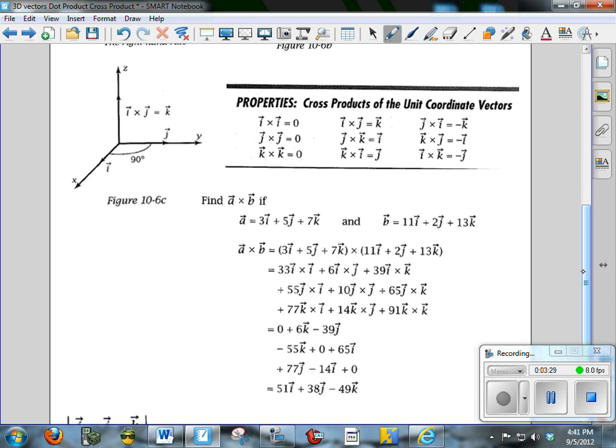So i cross j is equal to k, which is the top one in the middle row. If you can position your hand in such a way that the curl of your hand is pushing j onto k,